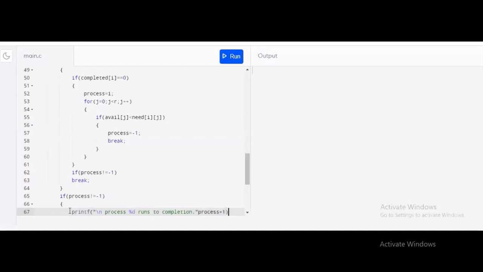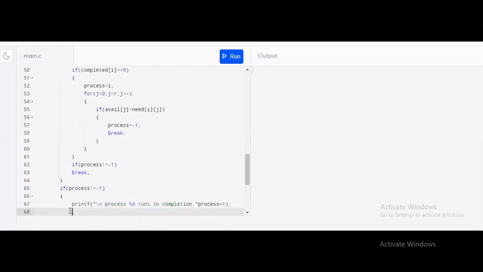Now we want to print the safe sequence as the process has completed its execution. So here I used another variable, safe_sequence, which will store the value of processes which are already completed. safe_sequence[count] is equal to process plus 1.